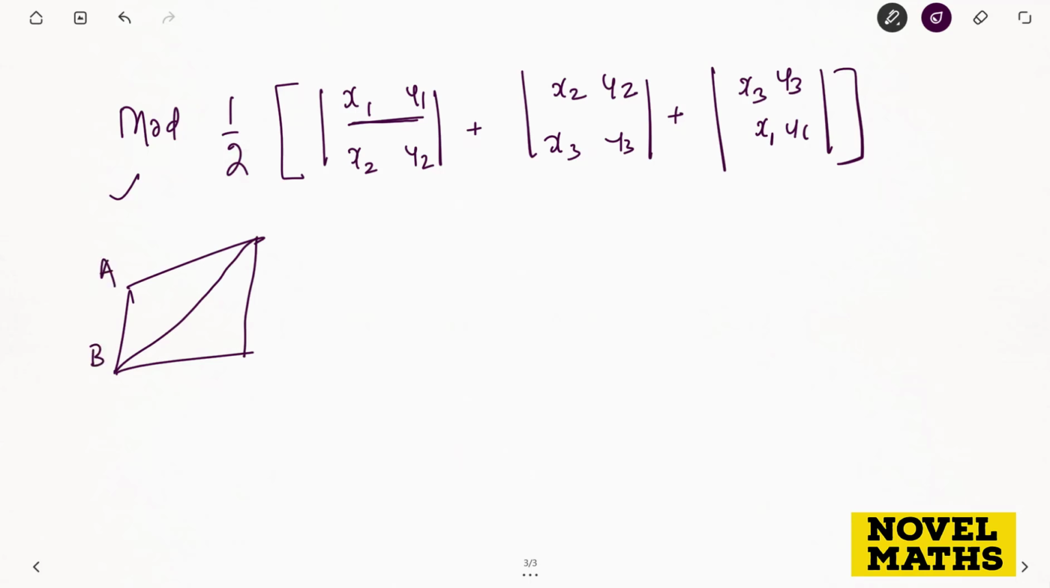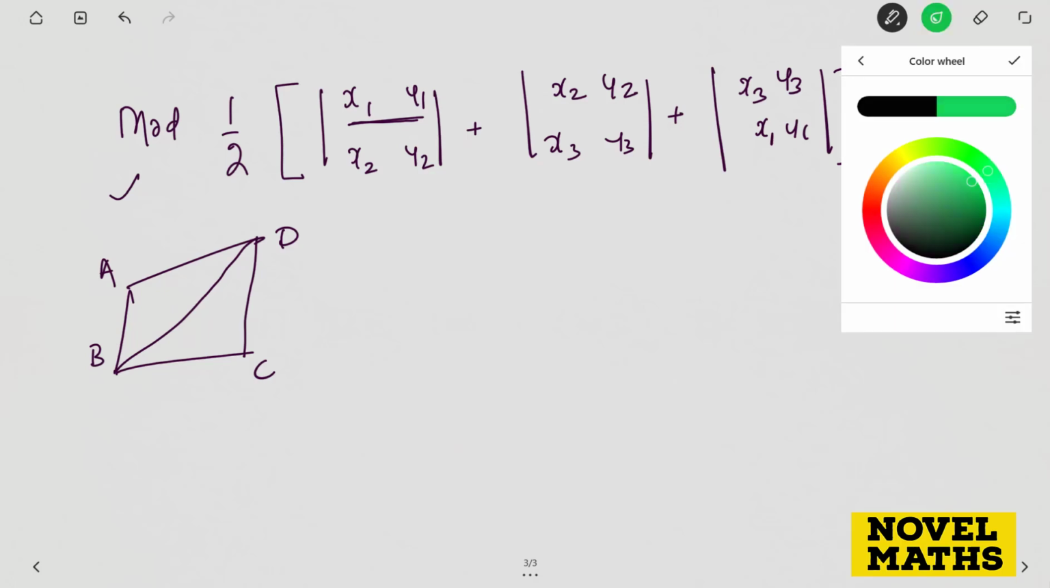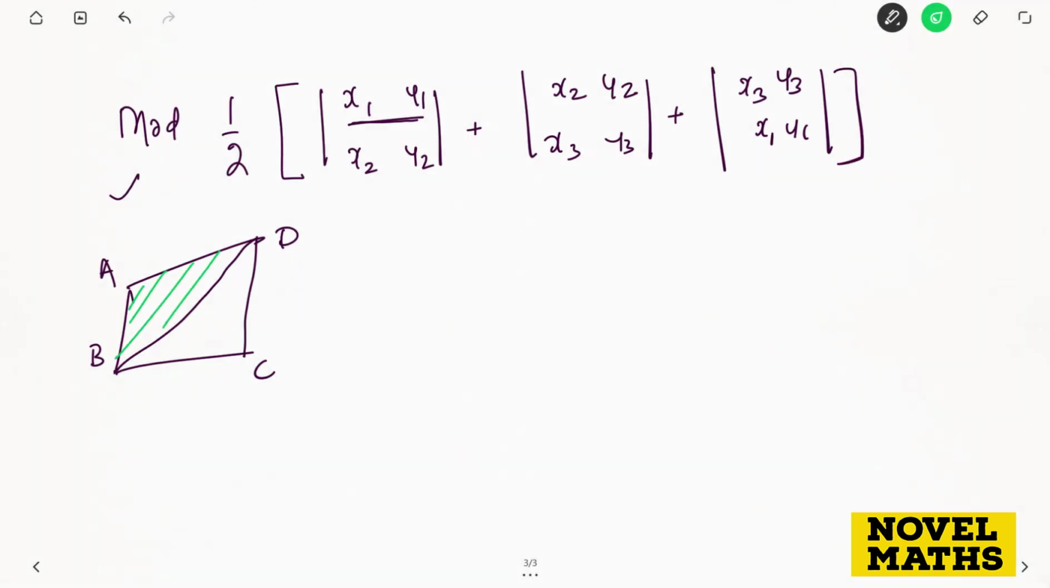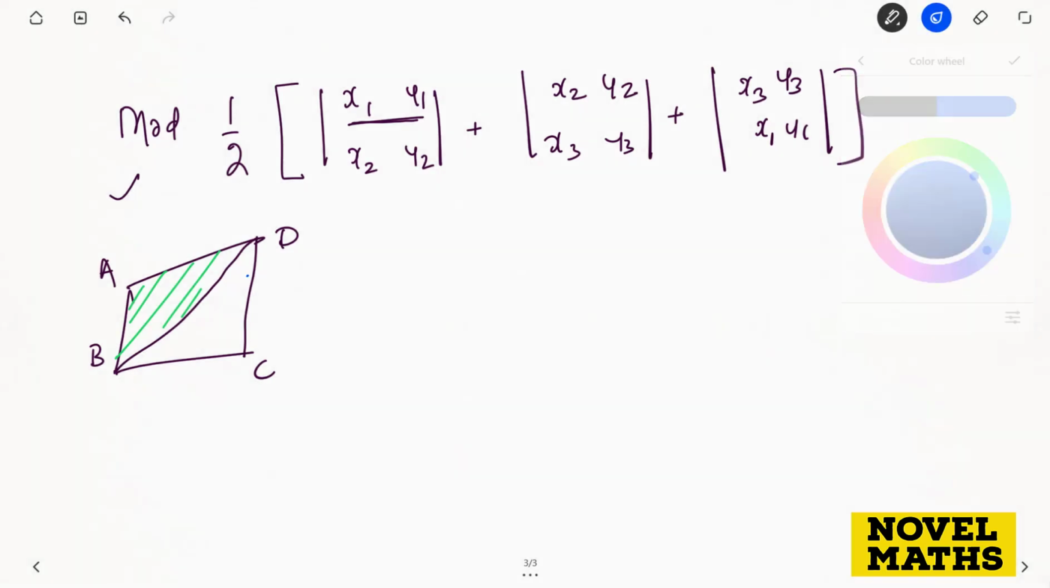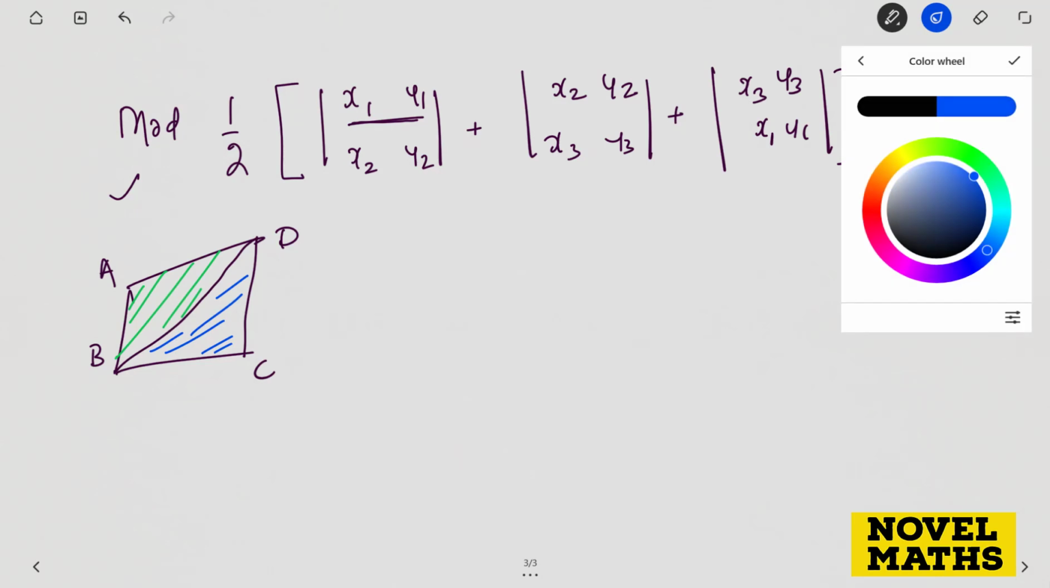Let's say this is A, B, C and D. The simplest way is what? You already know how to calculate the area of this triangle, and similarly you can calculate the area of this triangle also. That is fine, but that may be a little bit lengthy. So what you can do here,